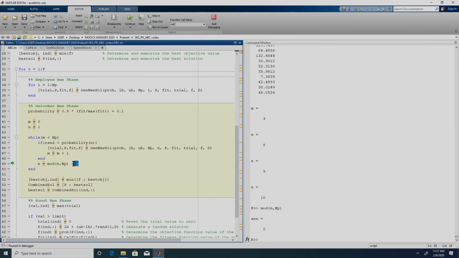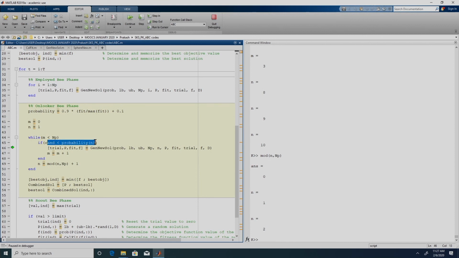So, we have gone back to the first food source now, right. So, the 4th B, m is equal to 3 means 3 Bs have been completed, right. So, now with the 4th B, we are exploring the first food source. So, again it does not take in that food source, right.